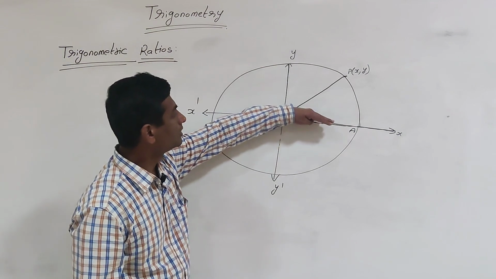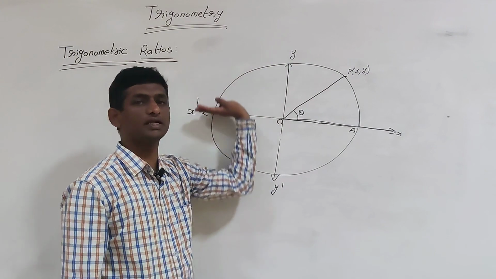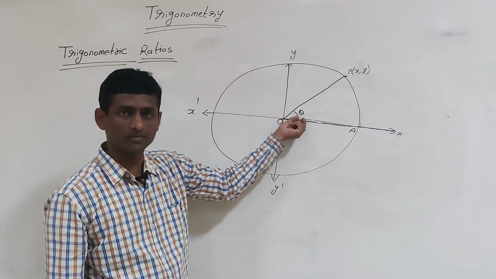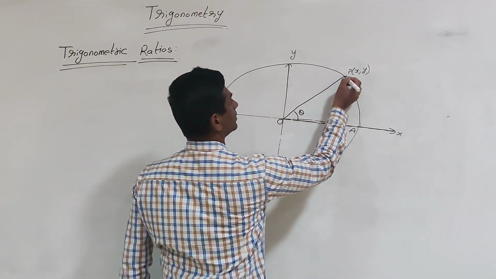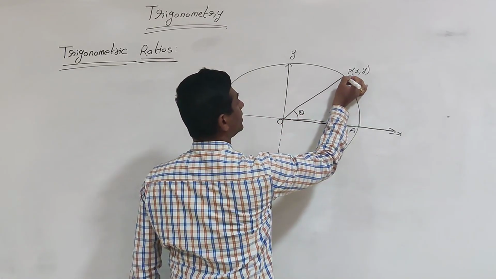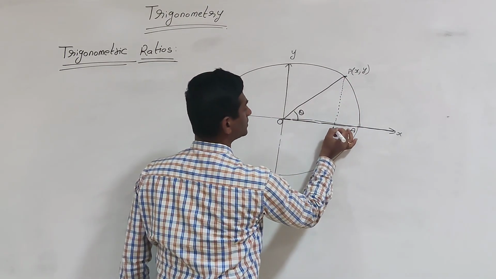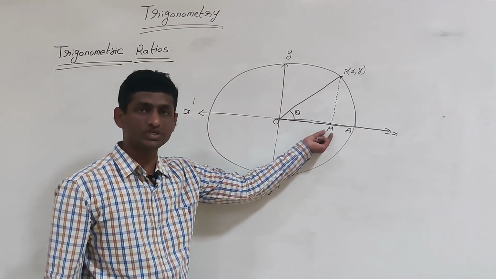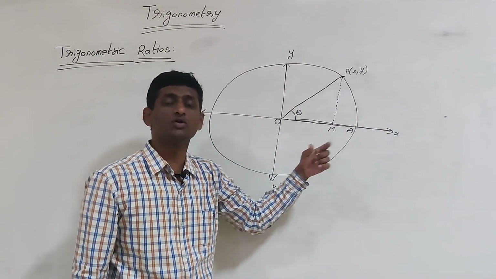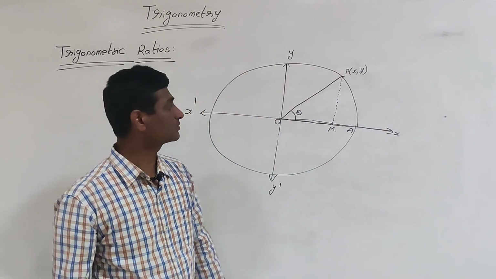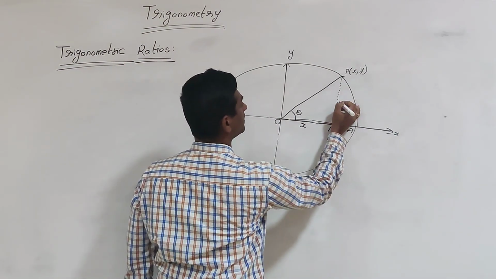As the initial ray and the terminal ray are rotated in the anti-clockwise direction, it gives some angle theta, and theta is measured in radians. Now if we draw a perpendicular line from P, or we can say a projection, onto the x-axis, that is M, the projection drawn from P onto the positive x-axis, or the initial ray, then the distance OM will be x and PM will be y.